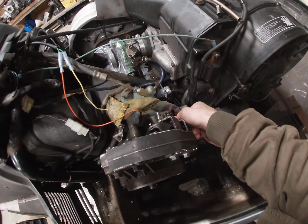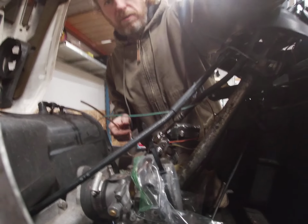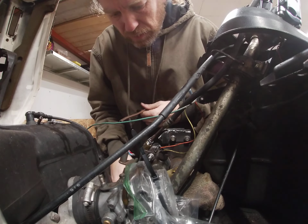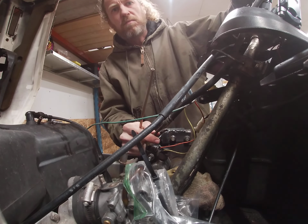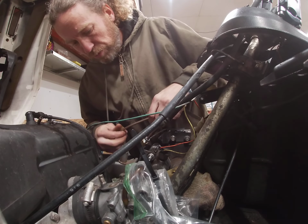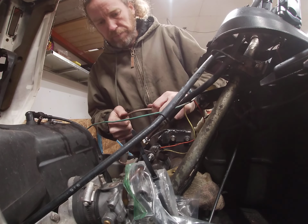So yeah, I cut this a little long, so I have plenty of room to make the turn. Maybe I'll set you guys right over here. I'm not sure how much you're going to be able to see. But yeah, you've got to have this plenty long for all situations. Like when you fully lock your handlebars, you don't want this to be binding, or you're going to be fighting that, especially if you're racing. You want everything to operate as smooth as possible. And like I said, this copper line bends really nicely. You just take it slow and